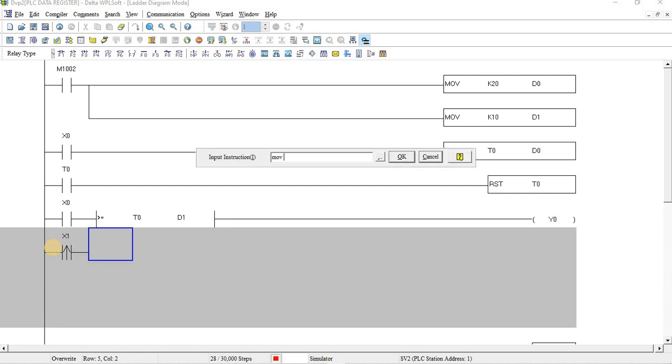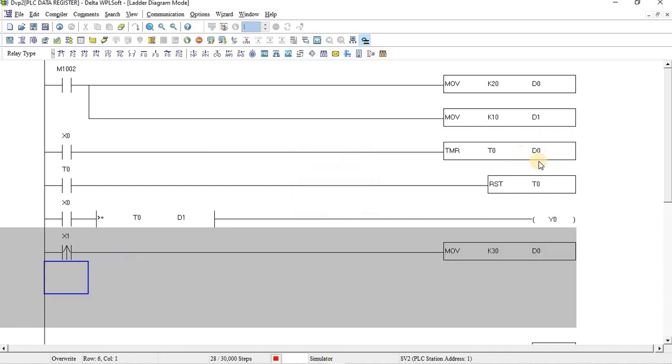So MOV. My total time is 3 seconds, so I am going to move K30 to D0. Because my blinking has to be changed, I am moving with X1 K30 to D0. So my D0 is 3 seconds right now. Now my output should be on for 2 seconds and off for 1 second.